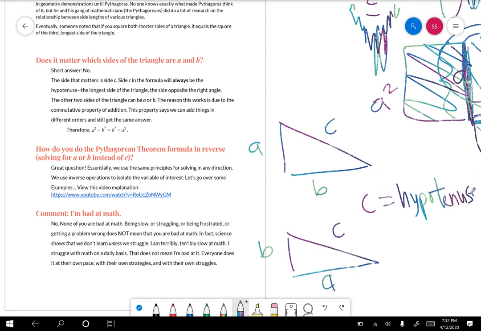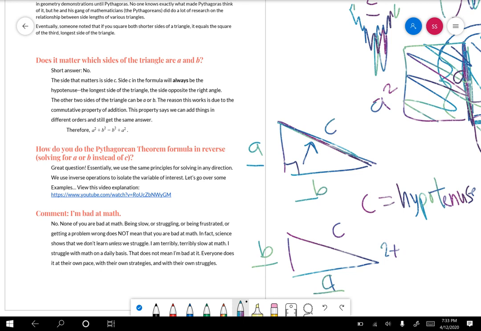Hypotenuse is basically that longest side of your triangle. It's the one that's opposite of the right angle. Okay, so C has to be the hypotenuse. A and B, though, you can switch those up and it won't make a difference. The reason that is true is due to the commutative property of addition. Right? This property says that we can add things in any order and still get the same answer. For example, 2 plus 3,